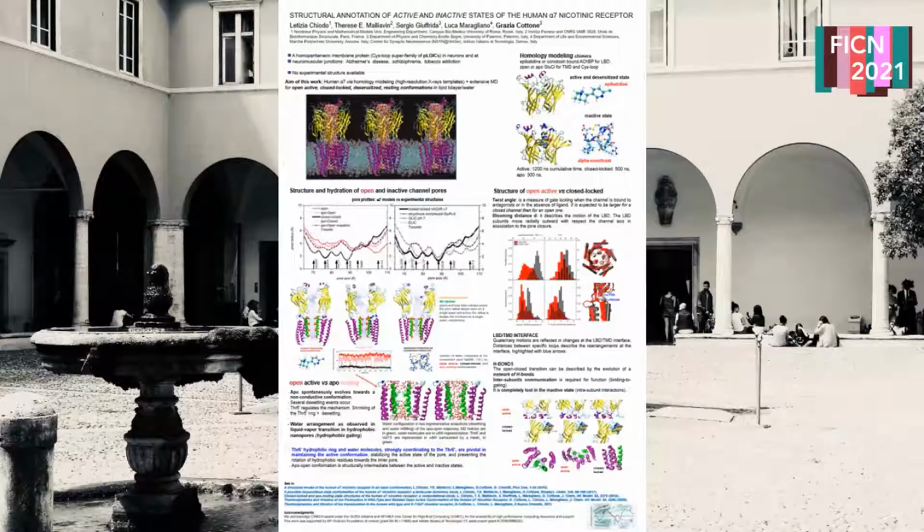Alpha-7 is a nicotinic receptor belonging to the ligand-gated ion channel family, widely expressed in the human brain, with a proven role in a wide spectrum of neurological disorders, including schizophrenia and Alzheimer's disease. Therefore, alpha-7 is a key target for drug development. This poster collects the results of the structural annotation of several conformations we obtained by homology modeling, plus extensive full